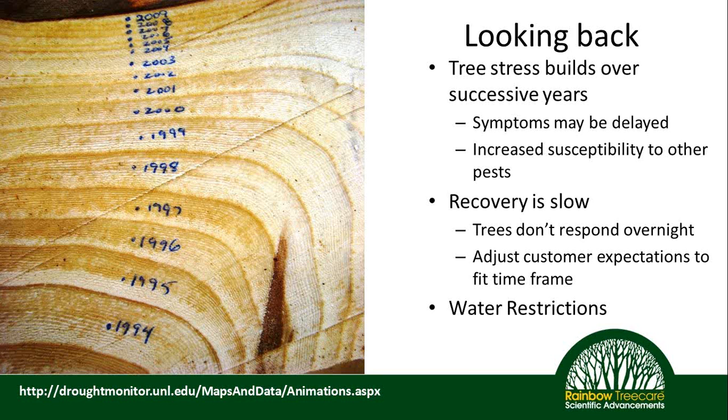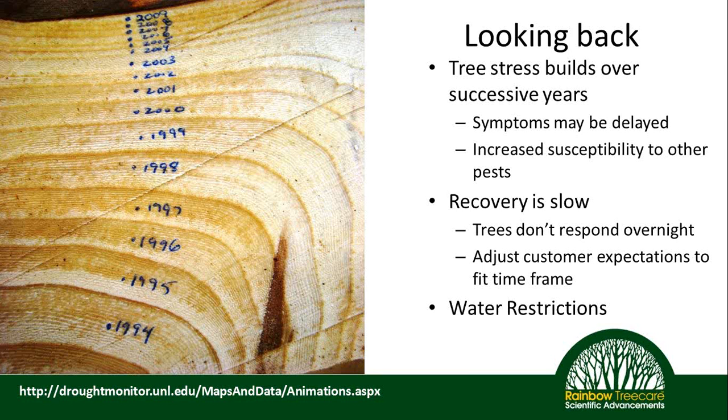That being said, if we look at the picture here on the left, this was taken from a cutting of an elm tree that our own service site here in Minneapolis had to remove. You can see in 1994 through really 2000, we had pretty good moisture, and the moisture, especially on elms, is driven early springtime, when they put on their new wood, which is going to have downstream effects on our plant health care. But eventually we had dramatically less snowfall, but also we just didn't get as much rain